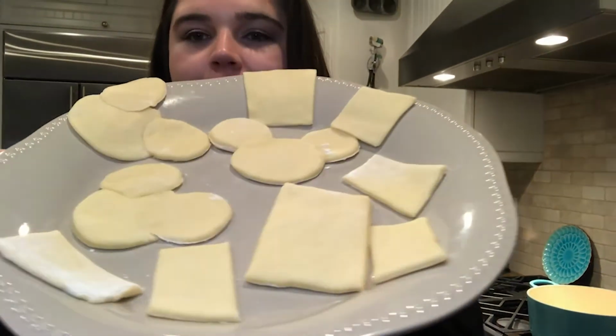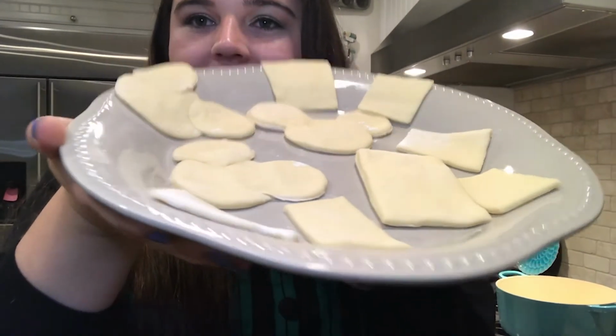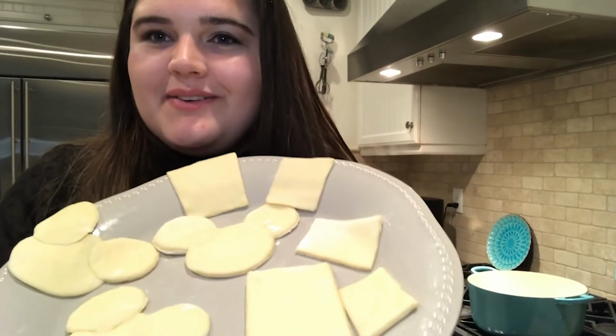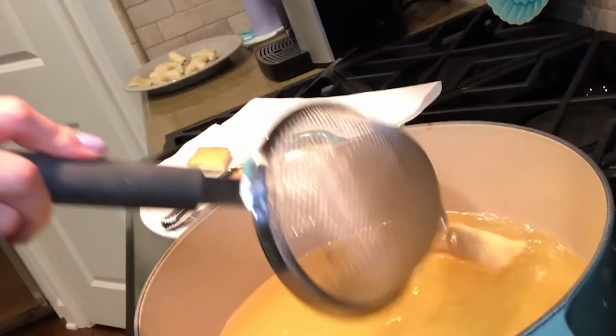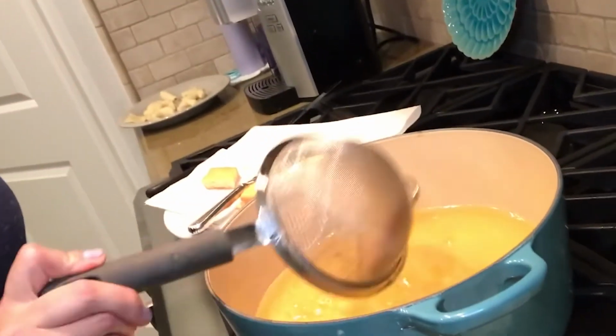Look how beautiful the beignet dough turned out after it took its resting period. We have some really cute little Mickey Mouses, or Mickey Mice. And we also have some really cute traditional beignets that we're about to stick into our beignet pot, and let's get cooking. Now you are going to fry your beignets until golden brown for about 2 to 3 minutes,